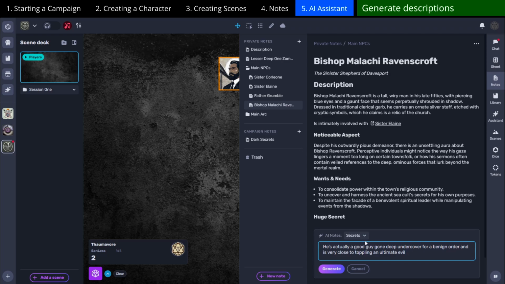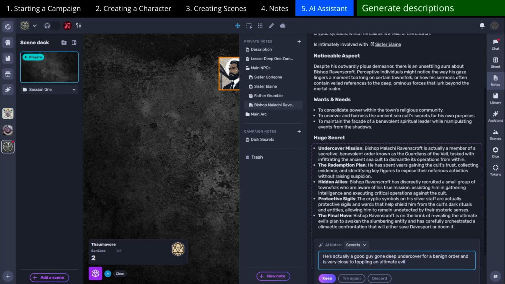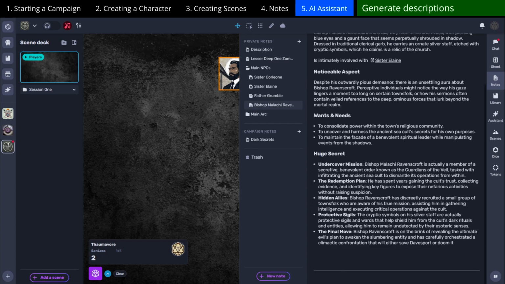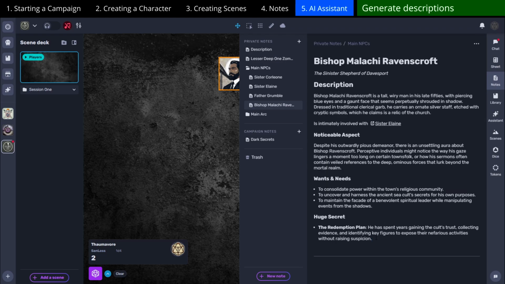After typing out this prompt, I changed the subtitle to huge secret rather than terrible secret, and then I'll hit generate. With secrets, you get anywhere from 5 to 10 possibilities, and you can keep re-rolling by trying again. In this case, I'm just going to click keep, but then I want to take it one step further. To do this, I'm going to copy the secret that I want with Control C, delete the rest of them,